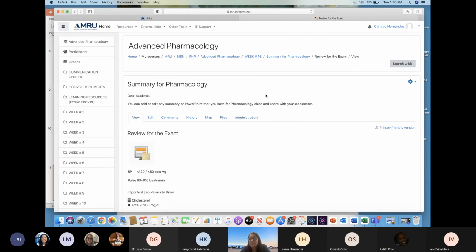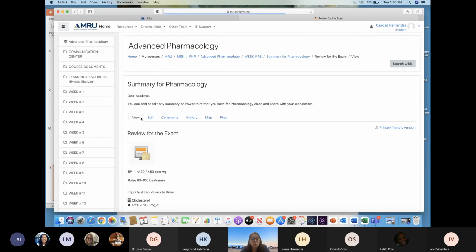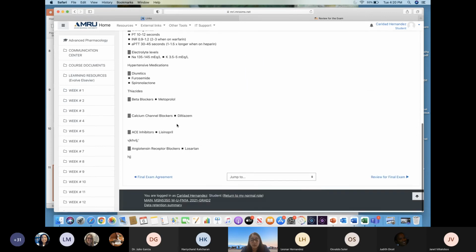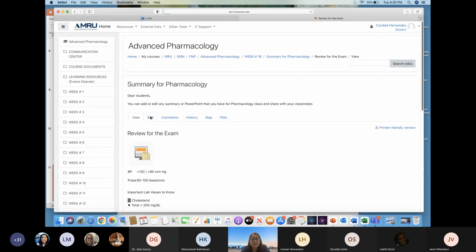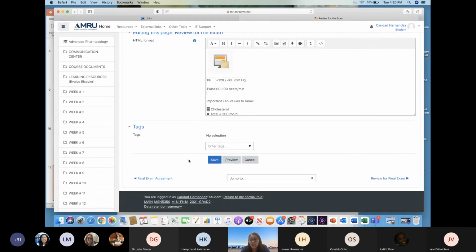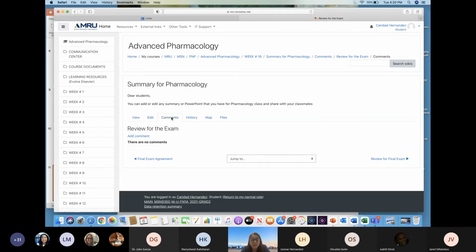So how do students see this? They only have a few tabs, not like us. So when you are a student, you change the view as a student. The students see only this view. So they have the regular view with all the content that they need, and the editing portion, obviously, but the only thing that they don't have is administration. They can also add any comments that they want